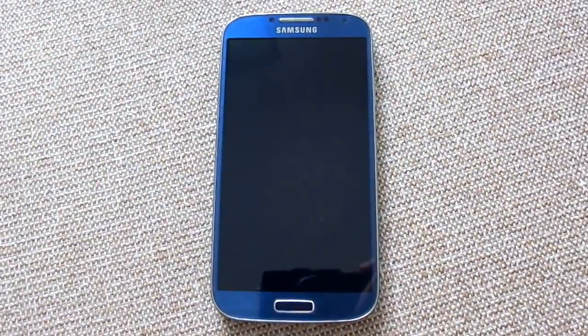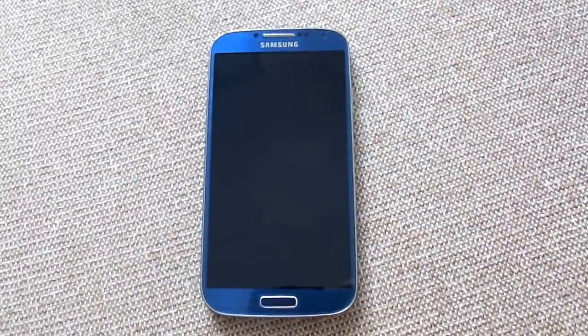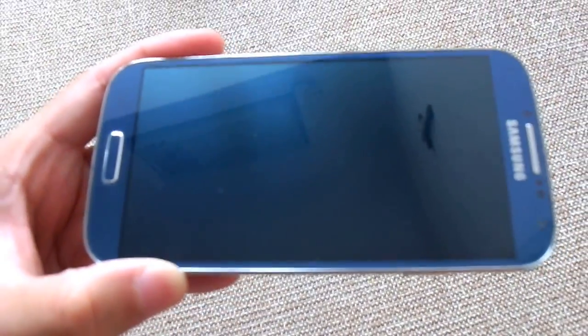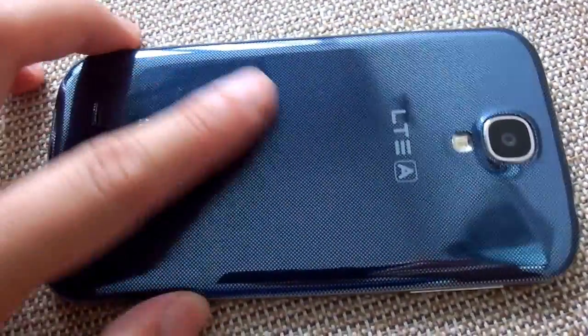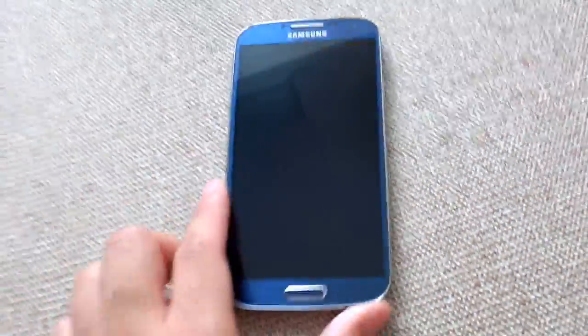I actually wanted to buy the regular S4 version, the white one, but then I saw the color of this one, like it's a shiny blue, and it's really nice. I really like it. This is the most expensive phone I've ever bought, and